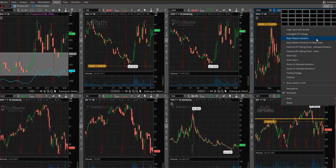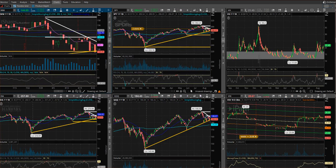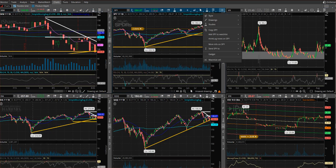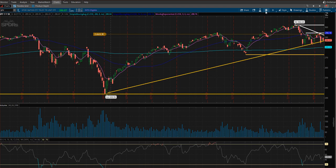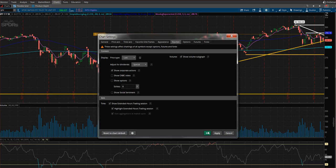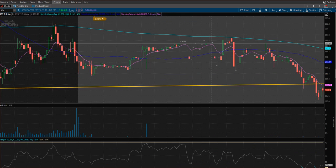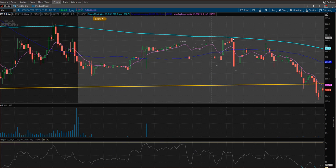So for today, certainly looking at a gap down, and we'll see how we want to play that. Even over the course of this video, we're seeing a little bit of movement. You know, I mean, if we were to open up our show extended hours trading and then make this a 5-day 5-minute. So this is our extended hours. You know, we got up right up here, challenged this 200 5-minute simple moving average, but then really we've just been down, man. We have been down, and it'll be interesting to see where we open, but I'm certainly bearish